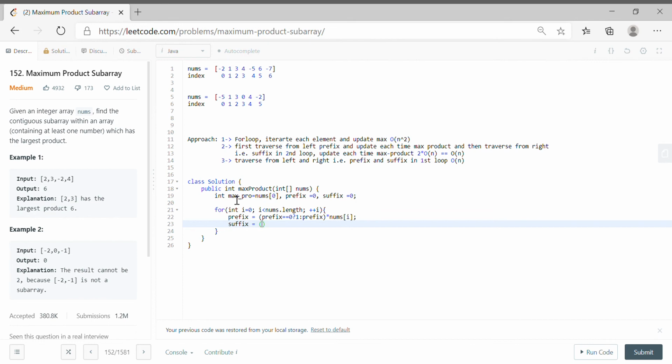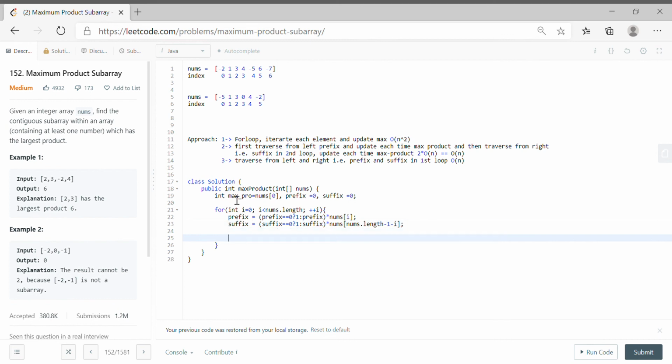Suffix, if it is equal to 0 and we get a product 0, then for the next element we make it 1. If not, we'll return it as it is, and we'll multiply by nums of nums dot length minus 1. So for the iteration, it is the last index. For the iteration we will make it -1, right? So that we can iterate to the left side.